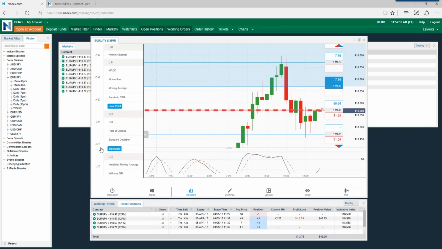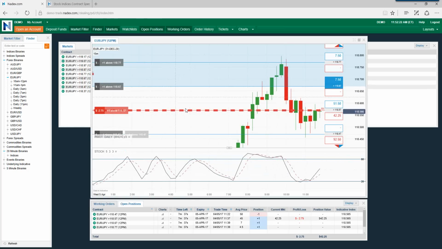And I like the stochastics. As you can see, I already have the stochastics on here. I do have presentations on both of these in the webinar archive, Larry. I can actually trade just using these two indicators on my chart with price bars. Does it take practice? Yes. But you have a free demo. Practice.